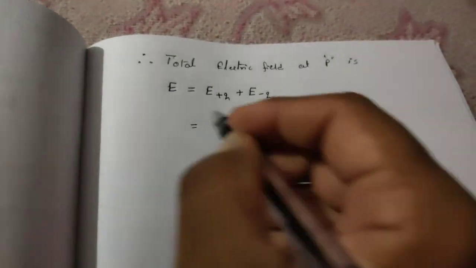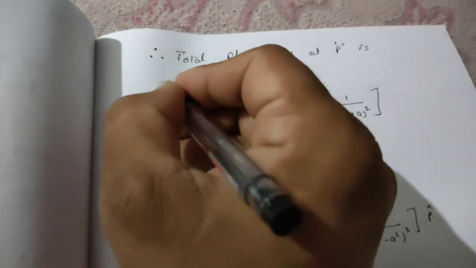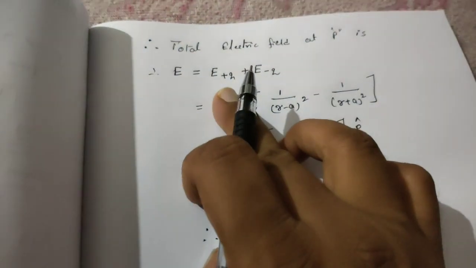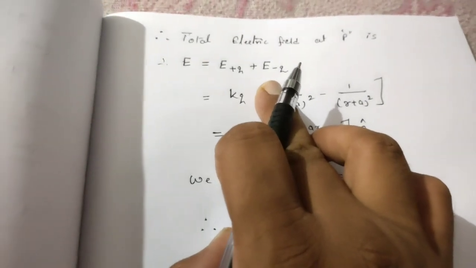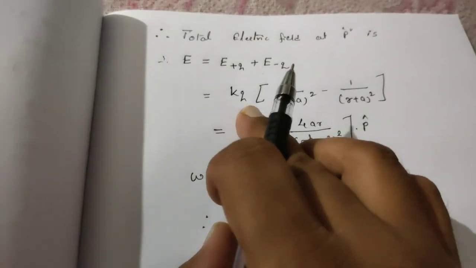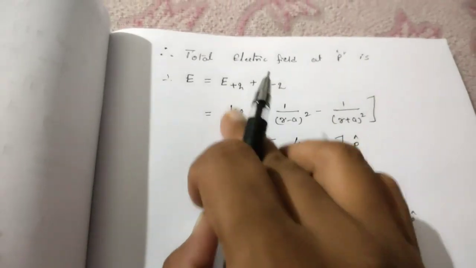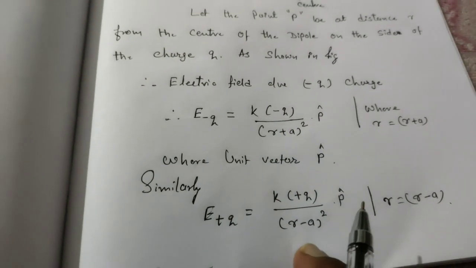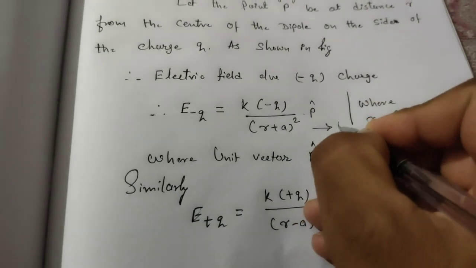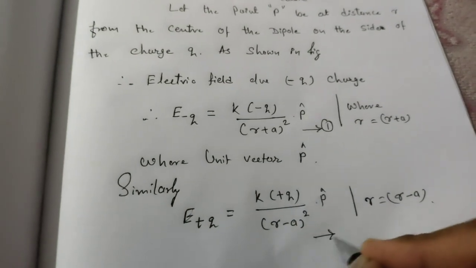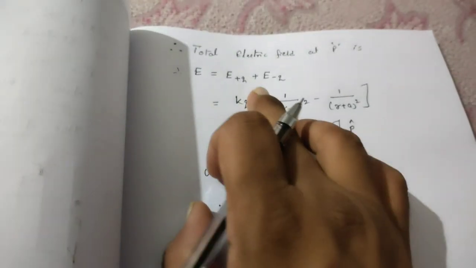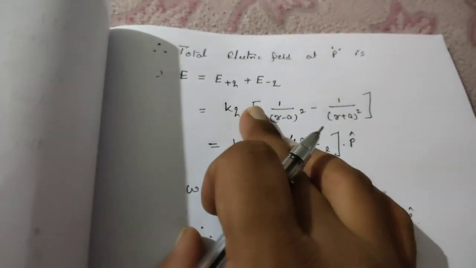Okay, this is the electric field which was produced due to these charges. Now we need to find the net electric field at point P. So we are going to add the electric fields, and we will get the total electric field. So electric field for positive charge plus electric field for negative charge, like this kq. Now you have to insert these values from this equation and this equation. Here we can give equation number 1 and then equation number 2. Now what is your task? These two values you have to insert. That step I haven't written over here, so you have to mention this step in your homework.